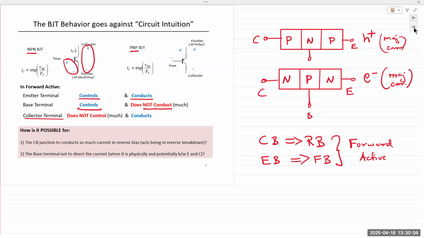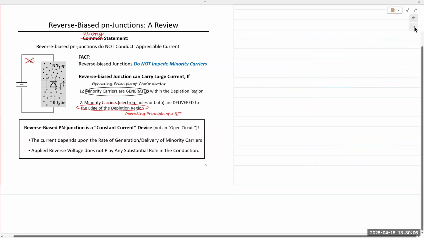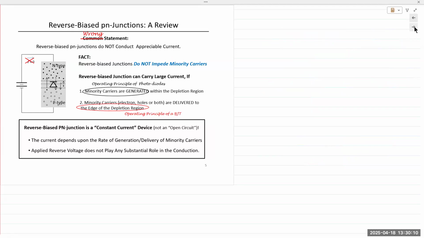And the answer lies in the physical construction of the BJT. So in reverse bias, when you take a PN junction, we say it does not conduct much current, right? The current is typically in nanoamps, picoamps, and even femtoamps, very, very small. And in reverse bias, the reason the current is small is that the reverse saturation current, IS, is a result of the minority charge carriers